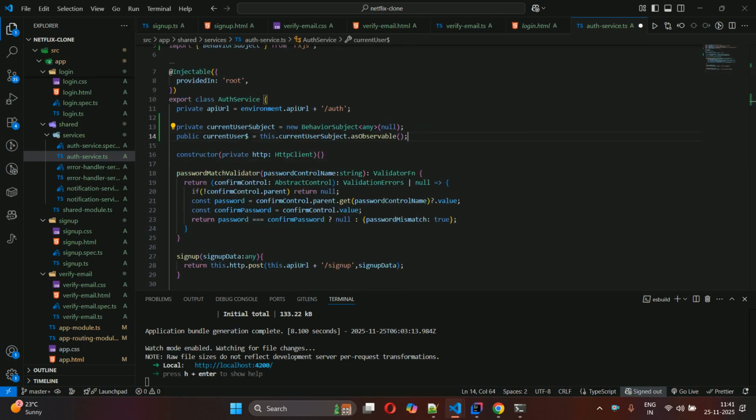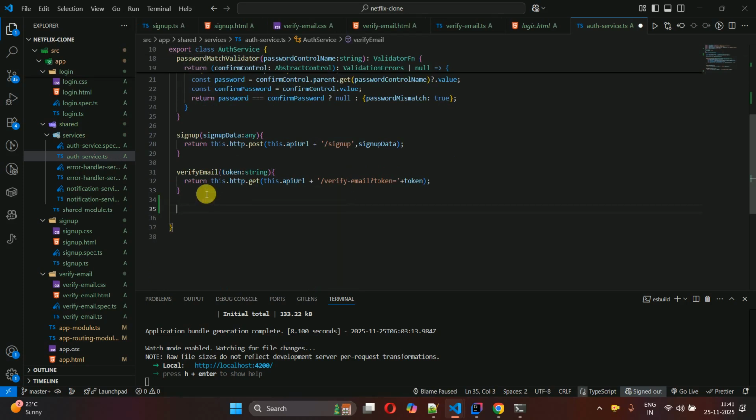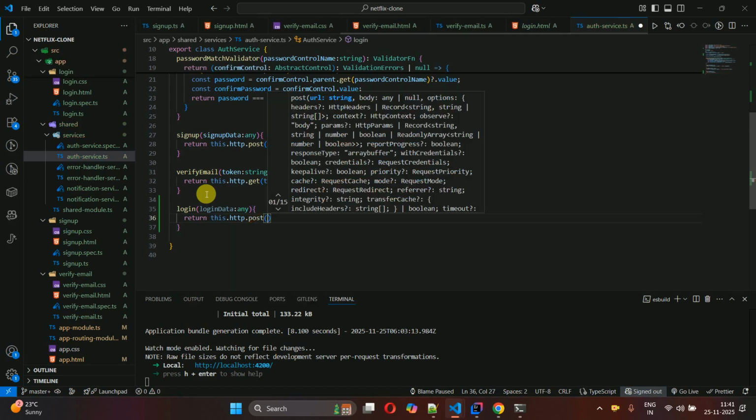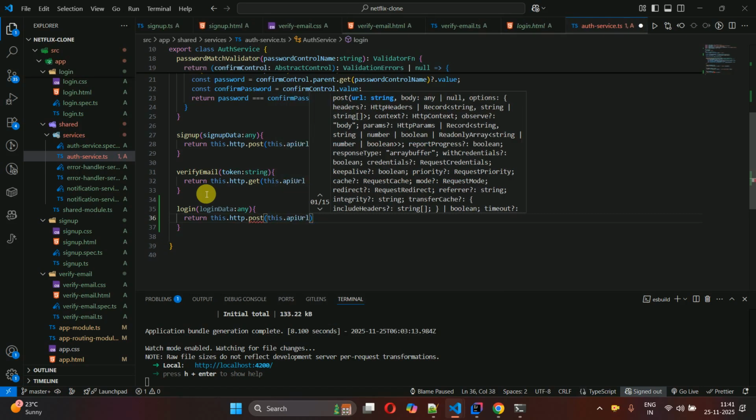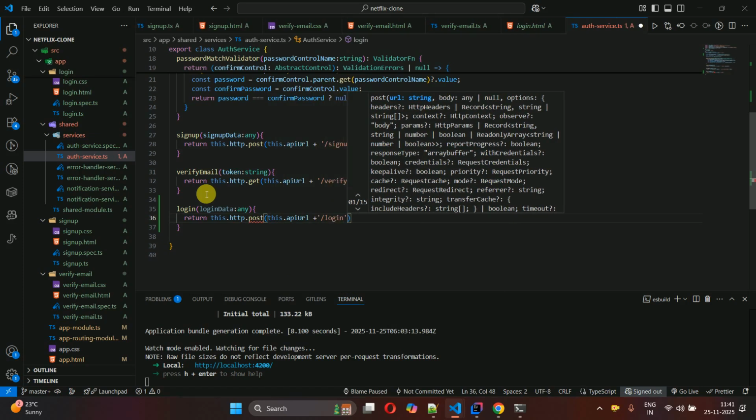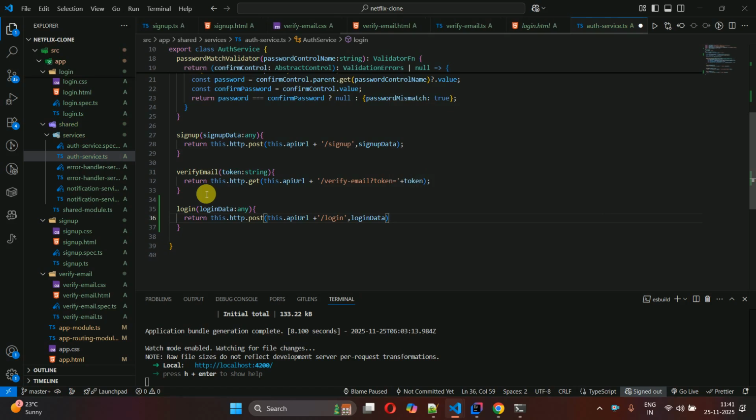After that we have to write a method which is related to the login. So login, and in this one loginData will be there, so make it any type. In this one, basically you have to return this.http, and it should be a post method, and in a similar way this.apiUrl plus slash login, and then we have to pass the login data. And once a user logs in successfully, I want to do some operations, like I want to call